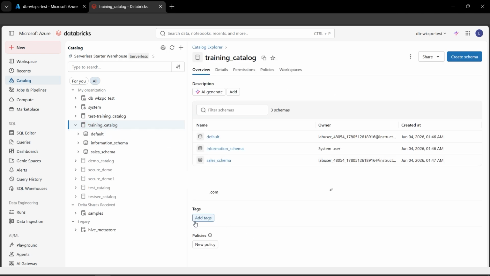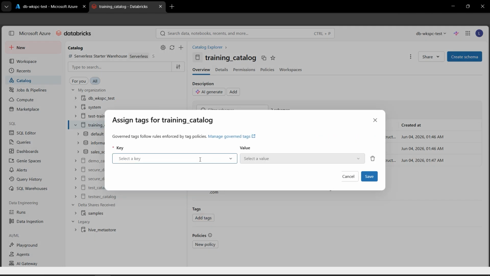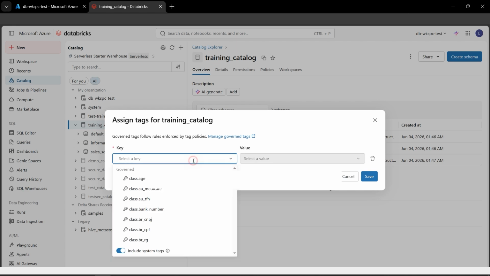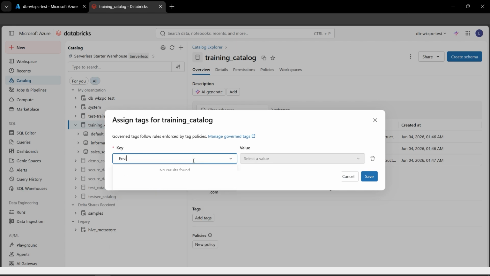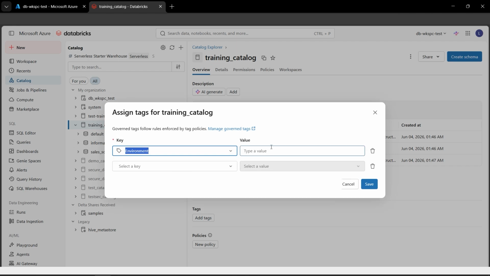Next, let's assign tags to the resource. We'll click on add tags here. Tags are basically metadata labels attached to tables, schemas, and catalogs. So let's give something like the environment here. If it is not present, I'll click on create new tag, environment, and environment can be like development